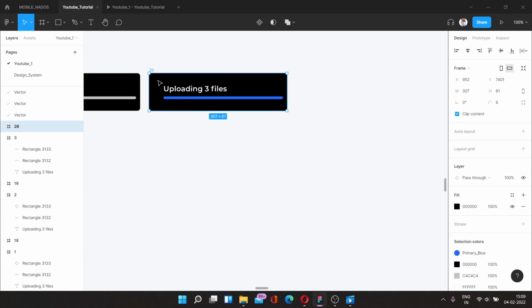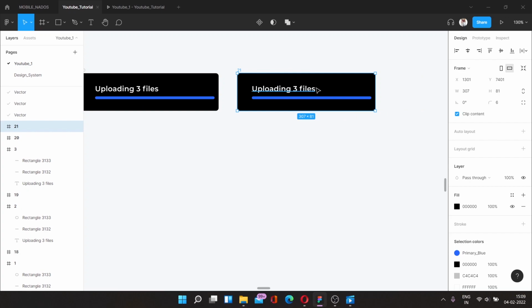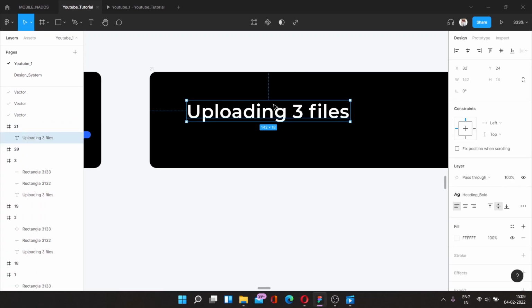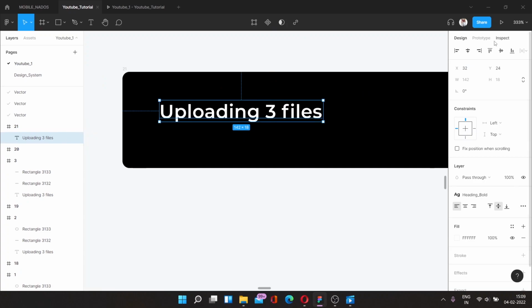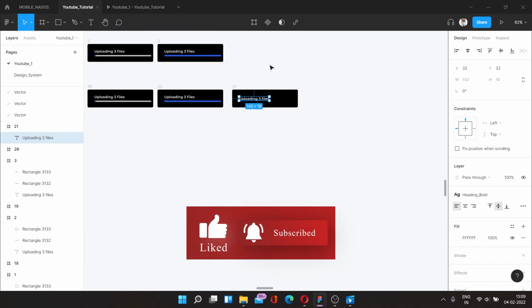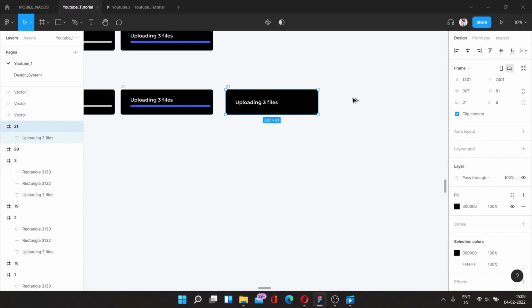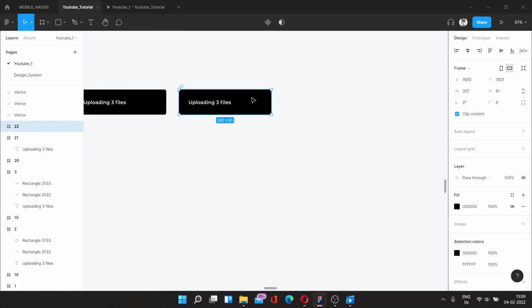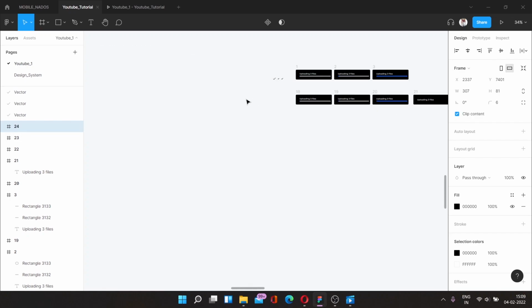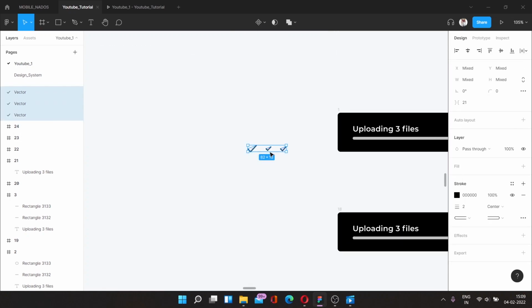Now what I have to do is delete this, and then I want to make this uploading 3 files in the middle of it, right? So you can check 32 by 31. Yeah, that looks good. Then we'll duplicate this frame 3 times more. Okay, 1, 2, 3. Yeah. And then we'll take these